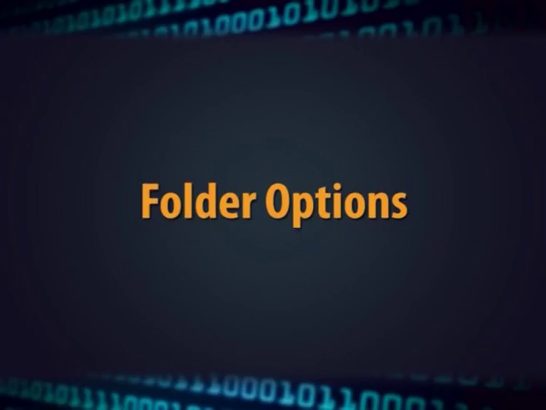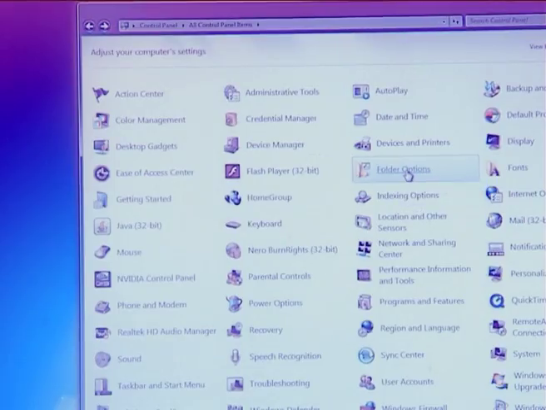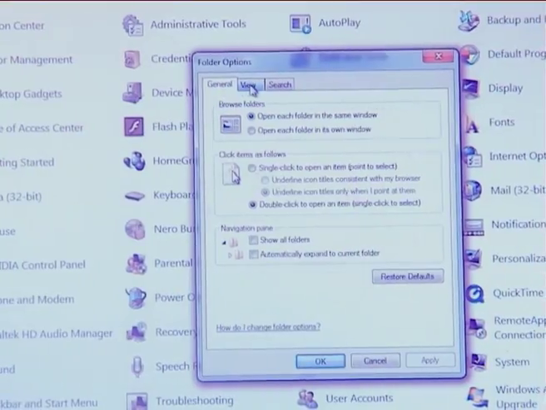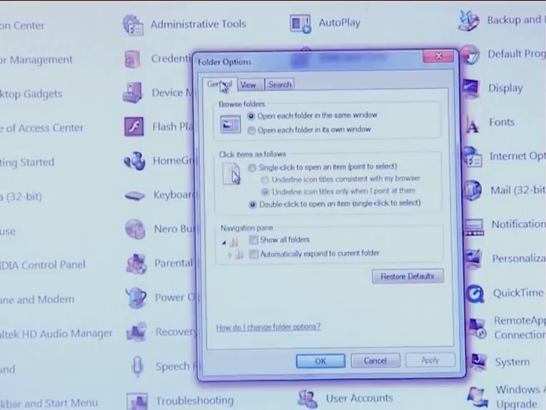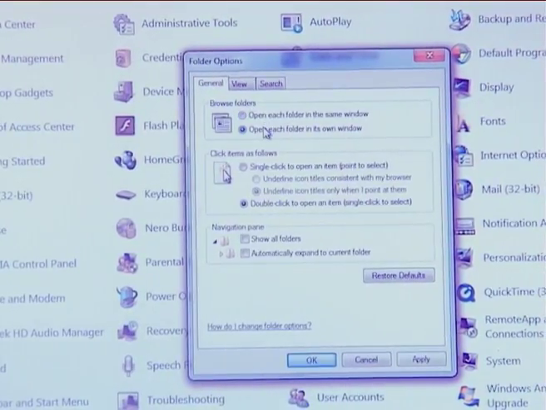Next option is folder option. There are 3 tabs in folder option. First is general folder option. In general folder option, first one is browse folder option, and that if you choose to open the folder in